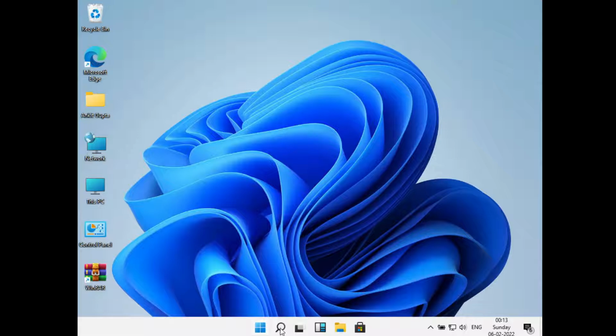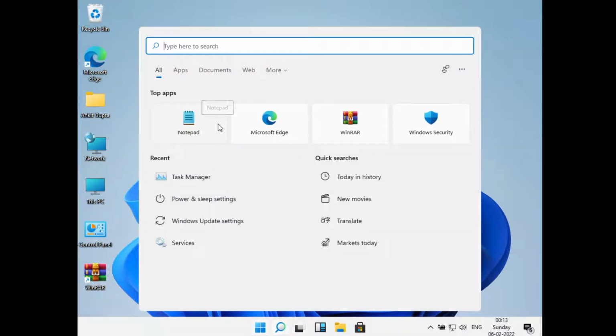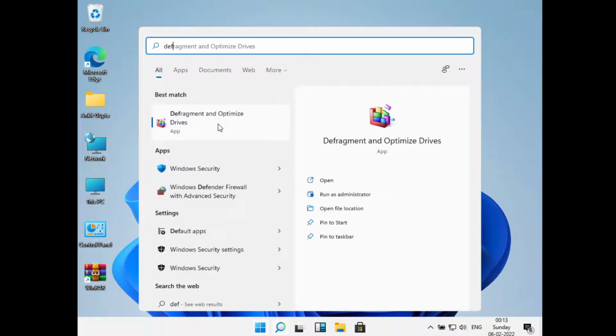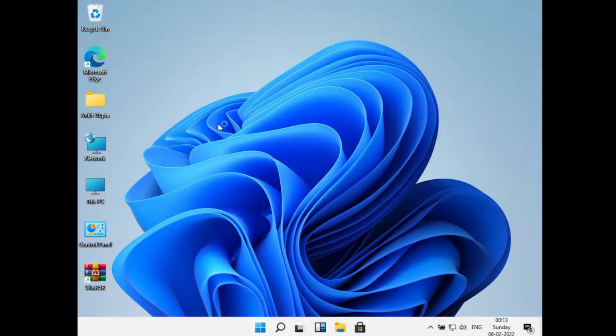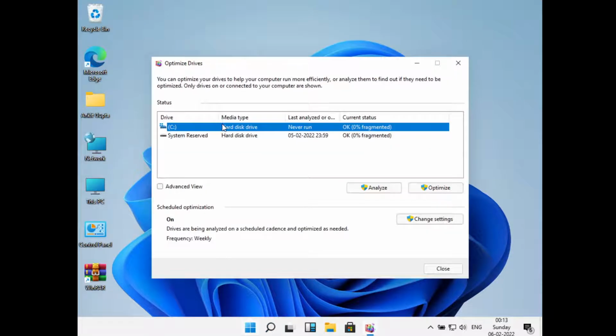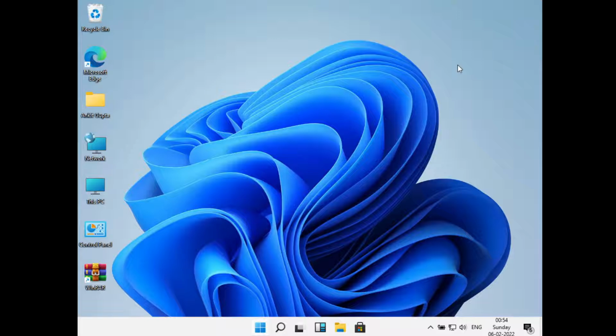Now go to search and search for defragmentation and optimize drives. Now click on C drive and click on optimize. So this will take some time, so let it happen. Now once this is done, just close this and go to this PC